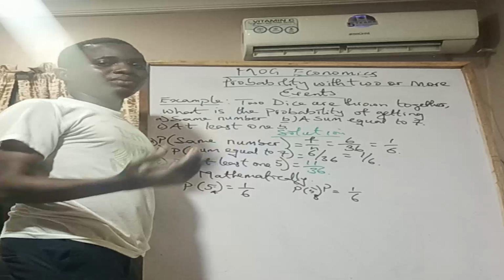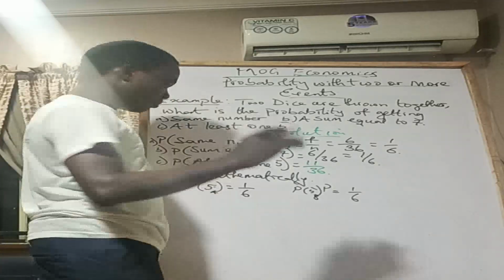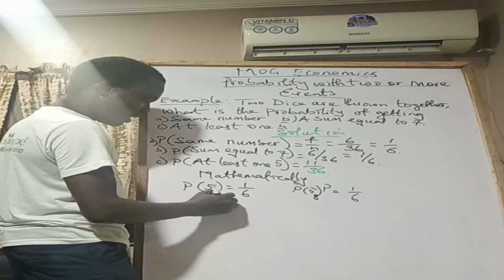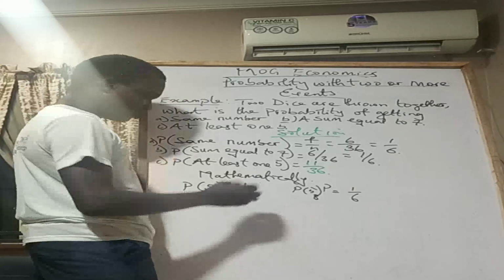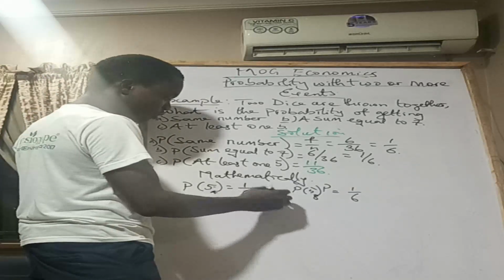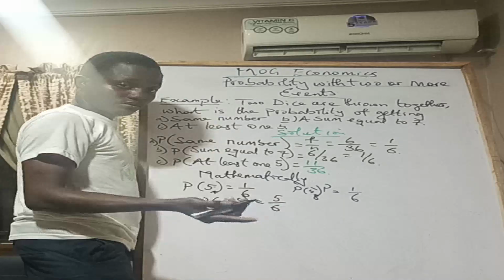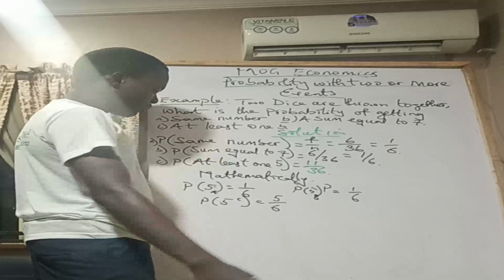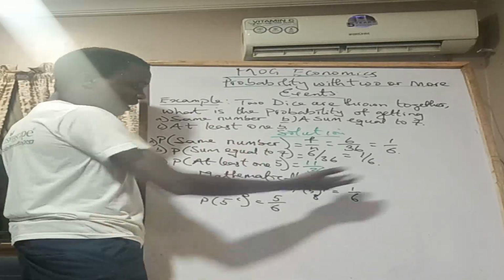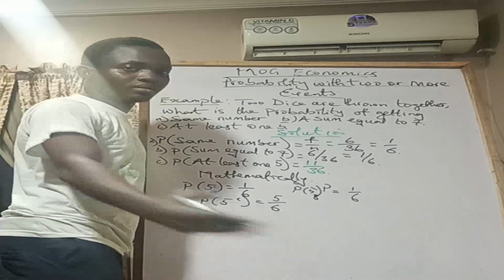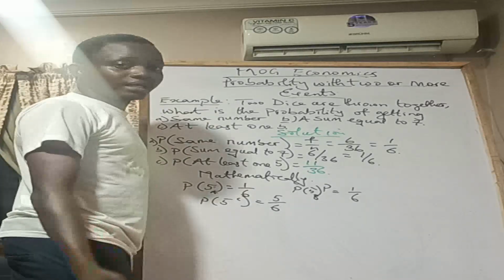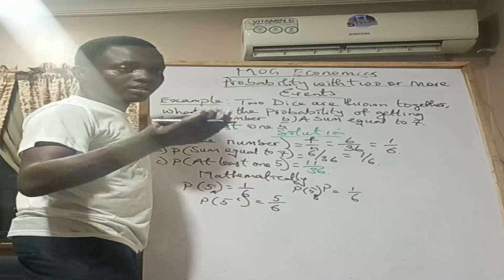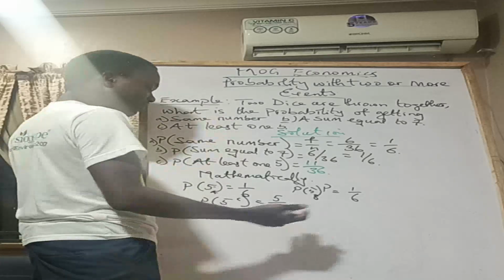Are you following? So what is the probability of not having a 5? You see where it comes in? So the probability of not having a 5 on either die. What did we do there? Complement. That's good. The 5 complement is going to be equal to 5/6. This shouldn't be a problem if you really understood what we did in the previous class. If you can have 5 just once, then what are the other possible events on a die that are not 5? You have 1, 2, 3, 4, and 6. These are 5 things. 5 divided by 6.